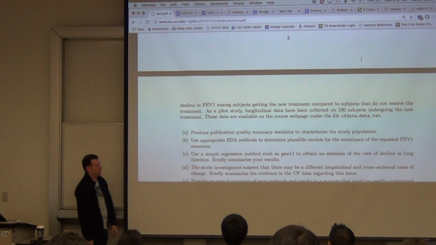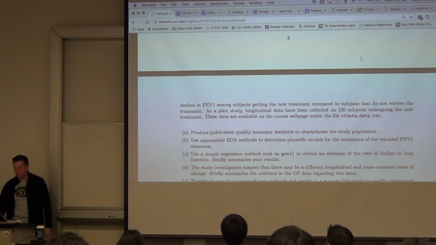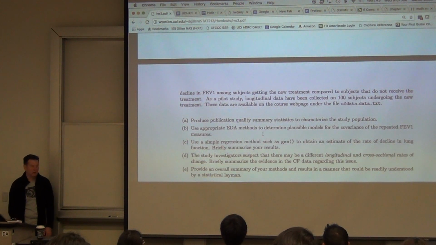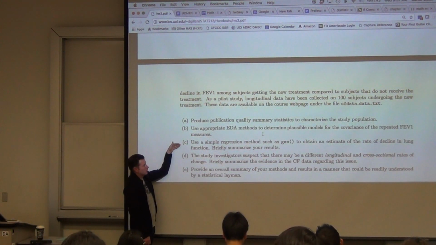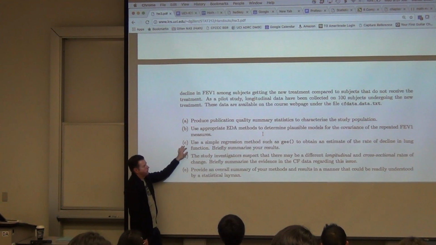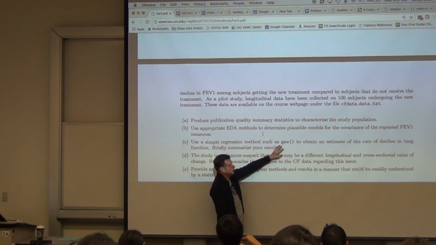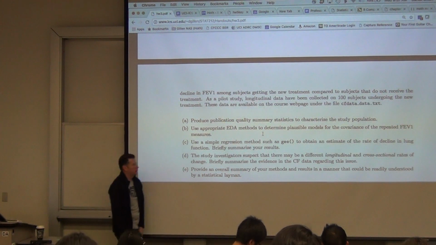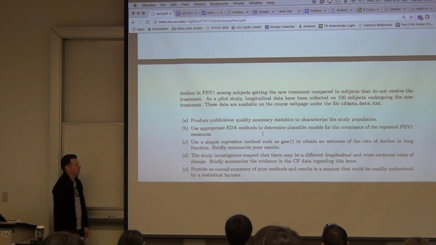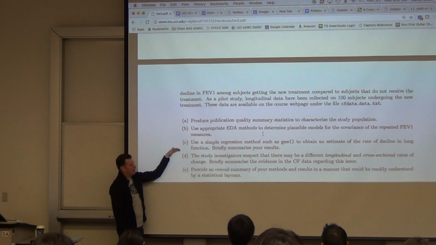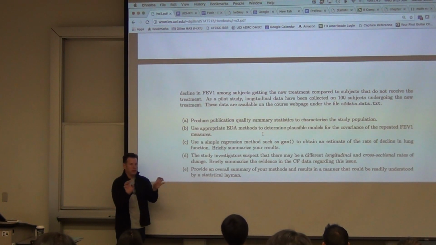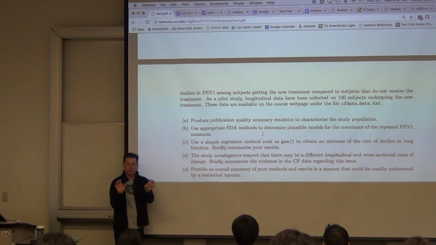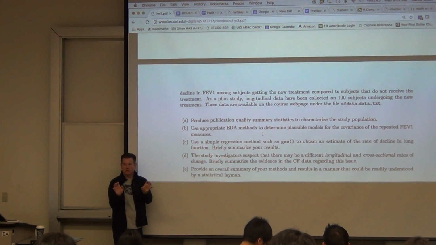I'm going to teach you some more things about exploratory data analysis for the covariance structure. I want you to implement those things on this particular data set. And then finally, you're going to write down a model and fit what's called a generalized estimating equations model. So you're going to use a function called GEE, which I will introduce to you in the next couple lectures. And then I want you to extend that model to be able to simultaneously estimate longitudinal and cross-sectional effects of aging in this population.